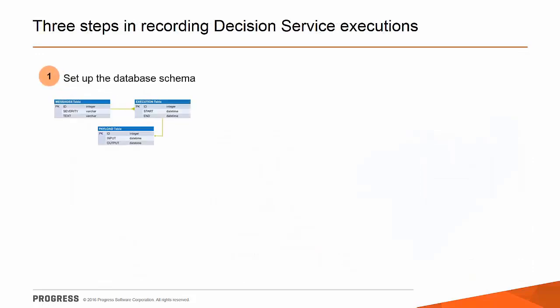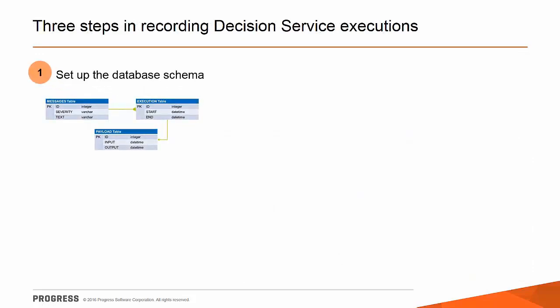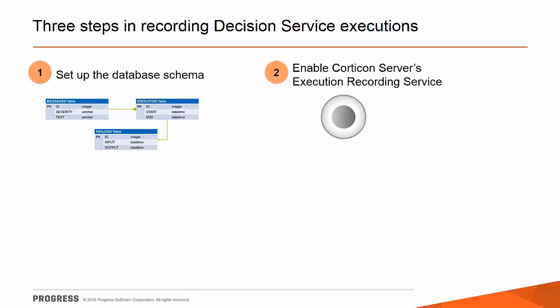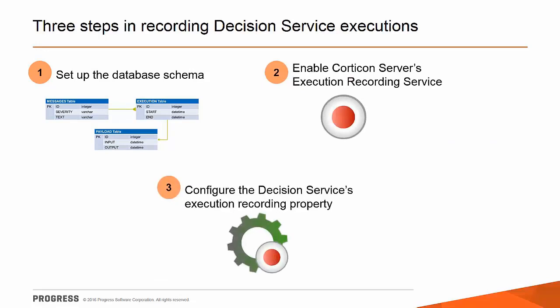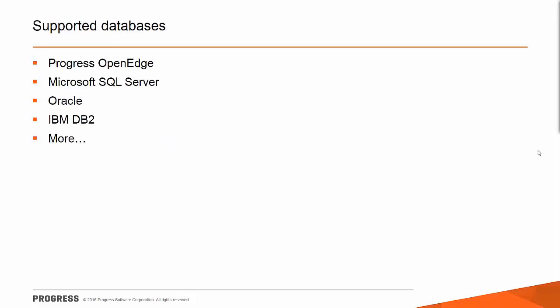First, we need to set up the database schema. Then, we need to enable Corticon Server's execution recording service. Finally, we need to configure the decision service's properties to enable the recording service to write its execution data to the database. Corticon Server can write to any of the supported databases, such as Progress OpenEdge, Microsoft SQL Server, Oracle, and IBM DB2. Here we will use a Microsoft SQL Server 2014 Express database named Corticon Execution Records that we